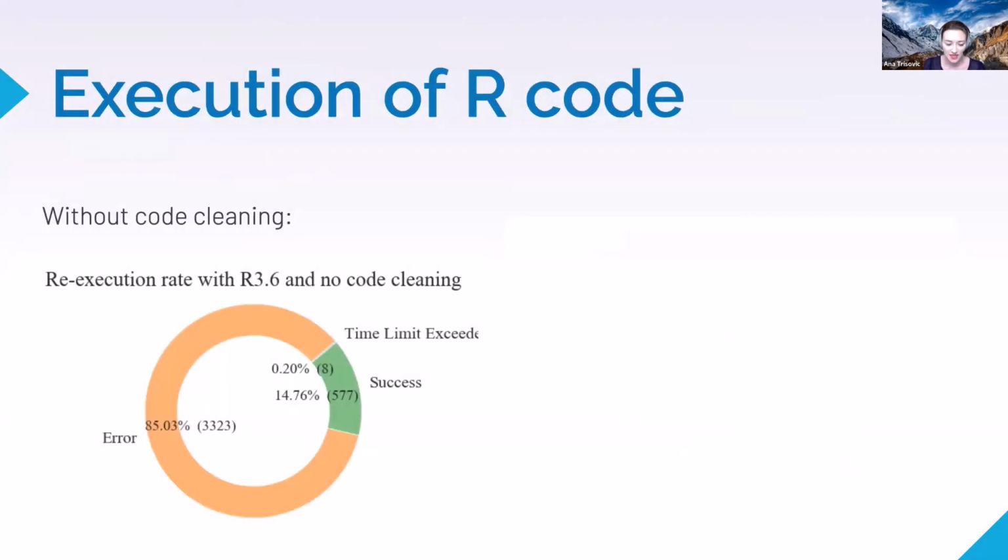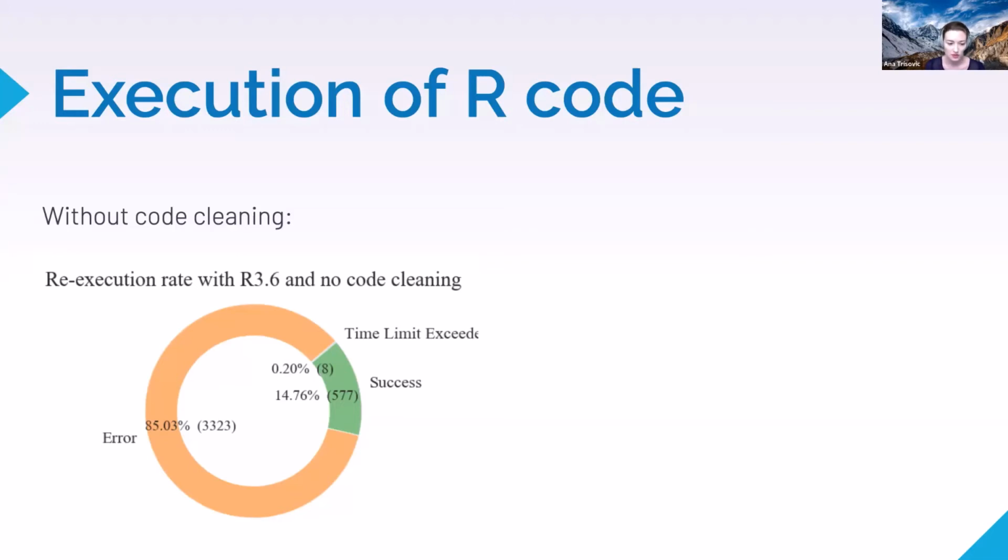Okay, so now some exciting results. What happens when we try to re-execute all these R files? But bear in mind, we are re-executing all these R files automatically, so we are not able to see exactly what's happening in them. We just know whether it executes or it throws an error. And these results are not super encouraging. We see that with R 3.6, most of the files immediately crash, using the Anaconda R environment that is already quite rich in the libraries that it offers.